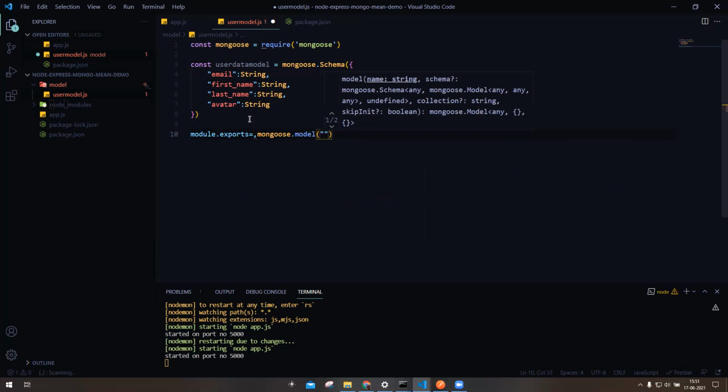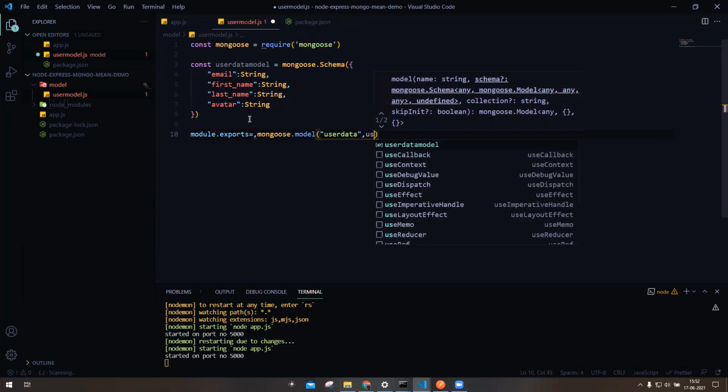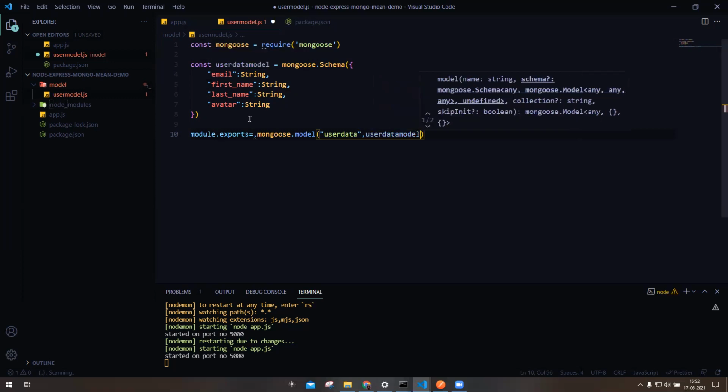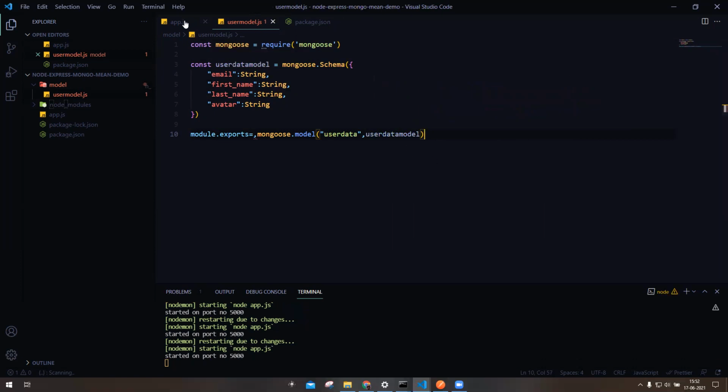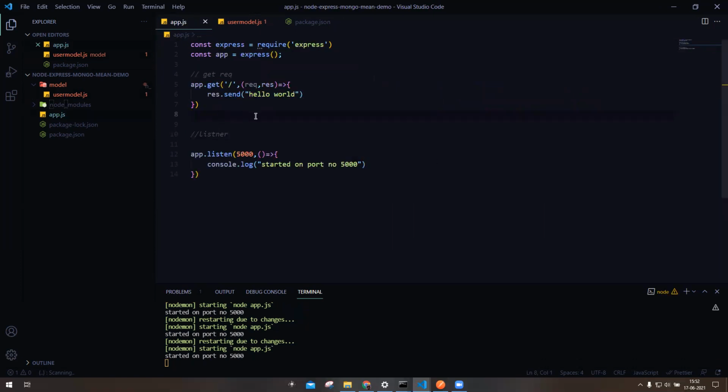Here I want to name the document user data, and we have to pass this schema in this model function as the second parameter. So, user model. That's it. We can set a model for our MongoDB. I will hit save. We'll go to the app.js again.